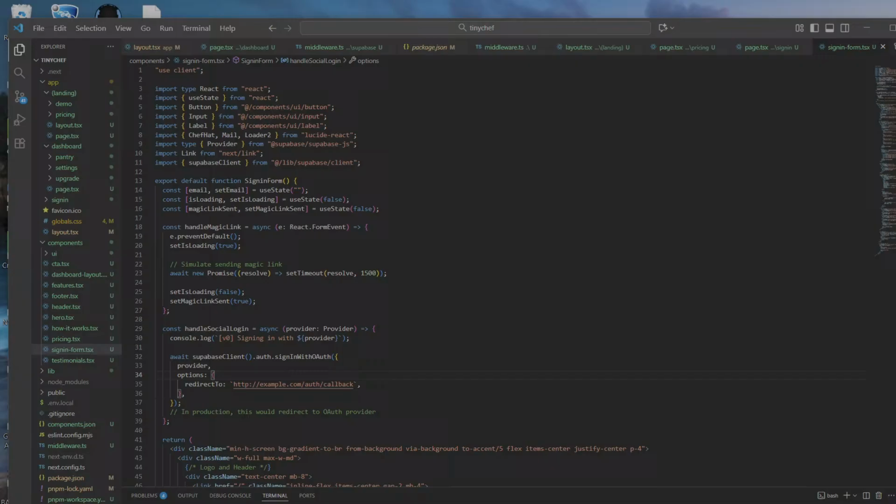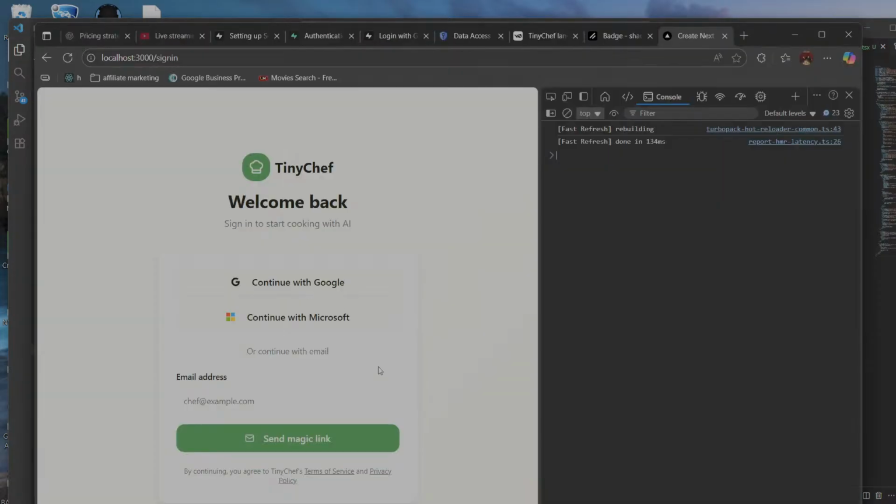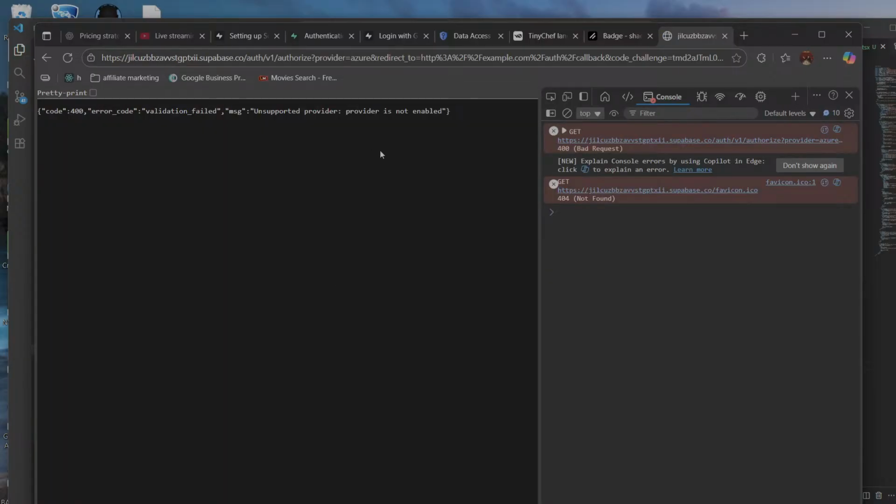Like it's trying to scan something. So if you see all this junk, you can ignore it. It's not going to do anything, especially when it's live and everything. That's not going to happen. So we'll save this. Right now, if we click on continue with Microsoft as an example, we see it